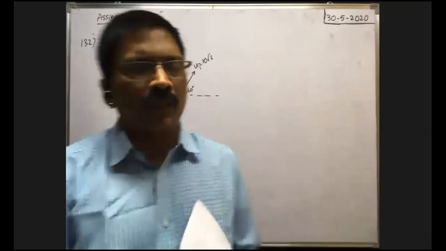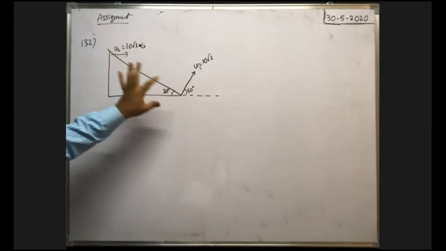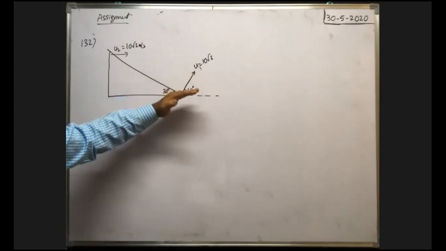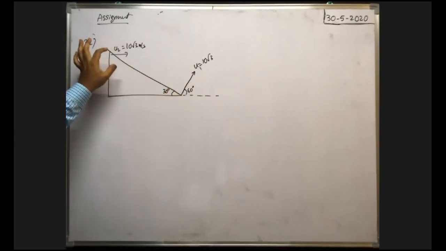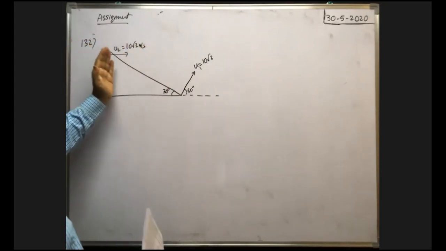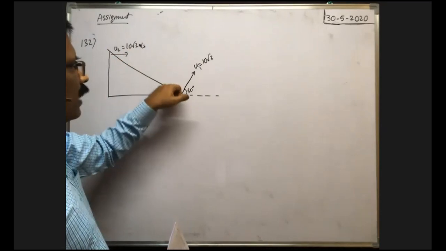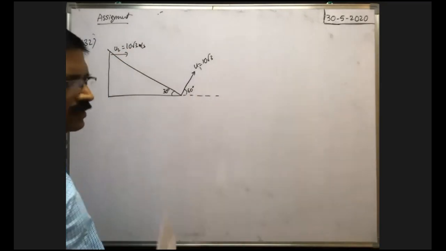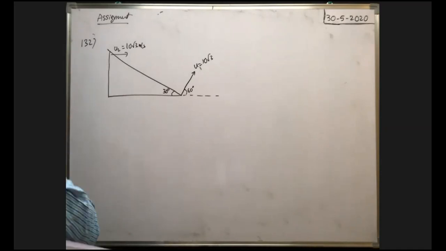Now you see here there is a wedge, that means a triangular shaped frame. From the bottom of the triangular shaped frame, one body is projected with a velocity 10 root 3 meter per second by making an angle 60 degree with the horizontal. The angle of inclination is given as 30. Now this wedge is also moving towards right with a velocity 10 root 3 meter per second. So at the same instant, from the bottom, one particle is projected upwards by making an angle 60 degree with the horizontal with the same velocity 10 root 3. Will the particle strike the inclined plane or not? First you tell me.